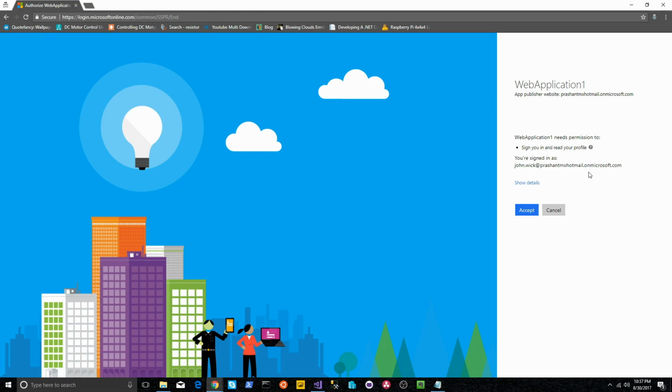So what it does is just read my specific details like my first name, last name, my email address, and some very minute details about my profile. And you can see the organization is the default directory, application published by default directory because that's the default one. If you create a new Active Directory, it will show the name of that Active Directory. Okay, so it just asks for the permission, and I will say accept,